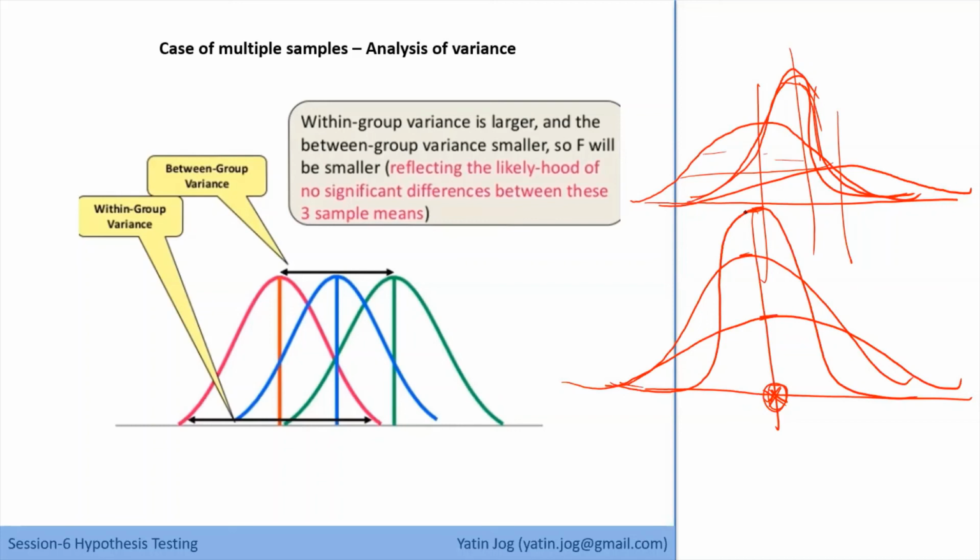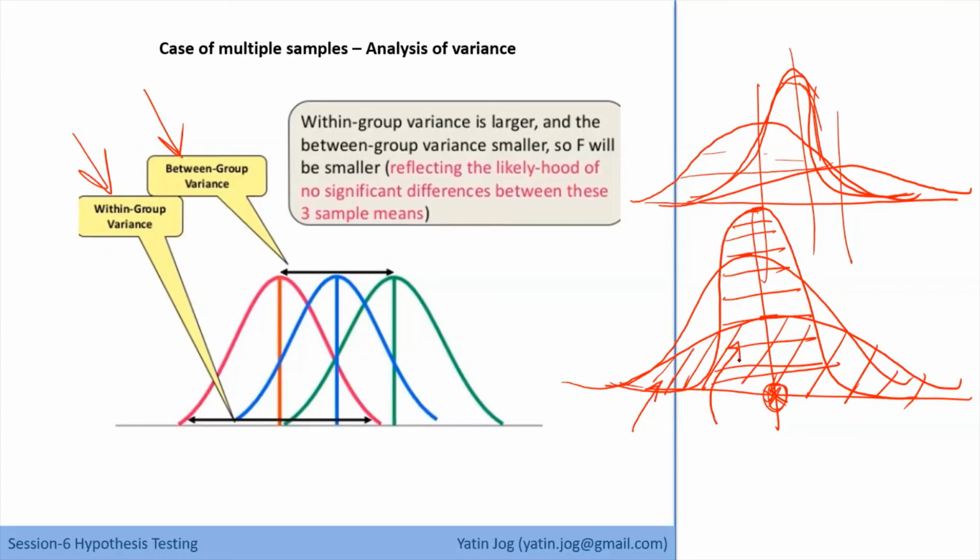So what does that mean? When I have to consider multiple distributions, or more than 2 distributions, I always do the analysis of 2 types of variances: within group and between group. Now when I say within group, what is that? It is inside the group. Look at the variance inside the group for this curve, and compare that variance with this curve. With these two comparisons, I can say that the spread of data in this curve is more compared to the spread of data in the first curve, correct? That is called the within group variance.